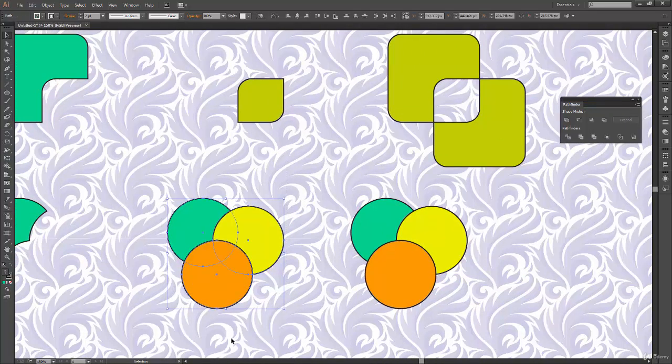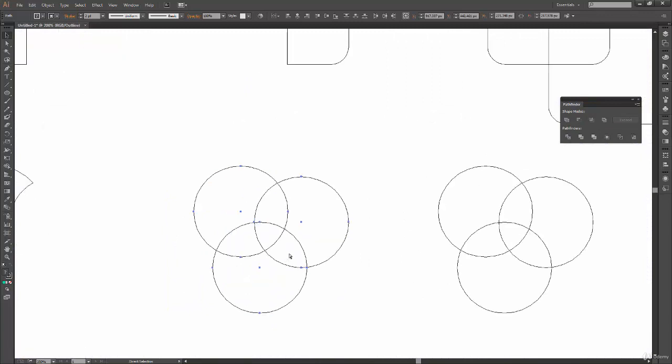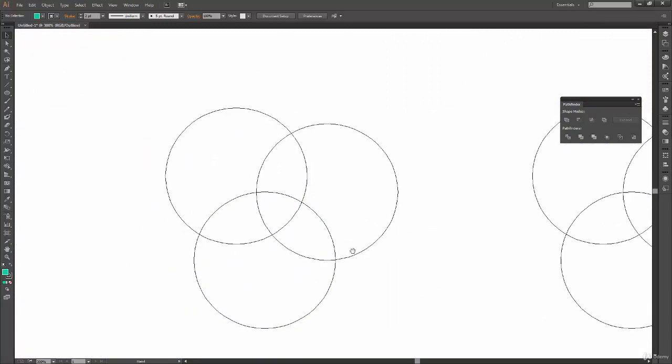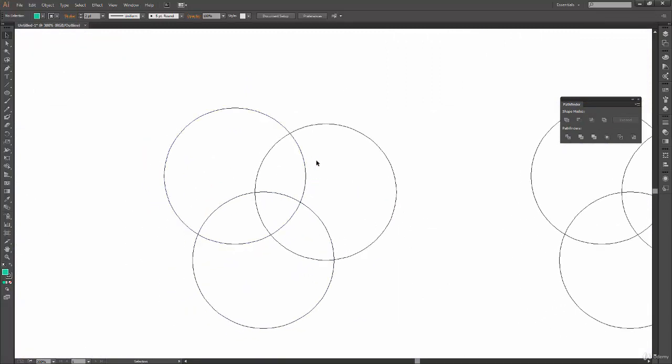And this time let's select these three shapes again, and we will use the intersect option here. To understand intersect, let's zoom in and find a common area between these three circles. Oh, I have this circle selected, sorry for that.